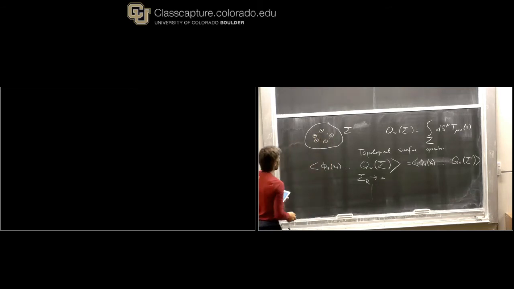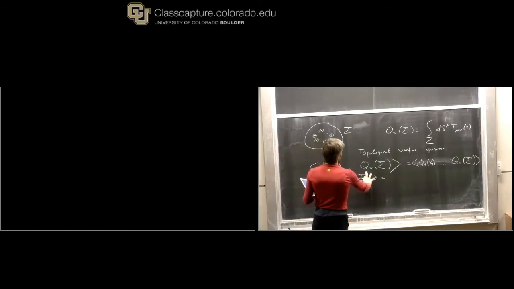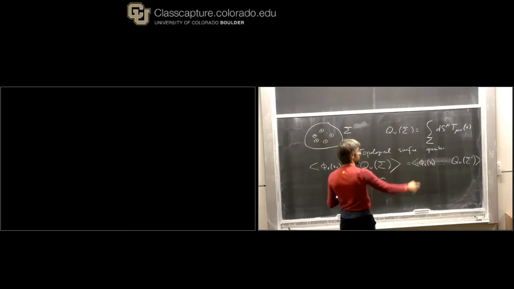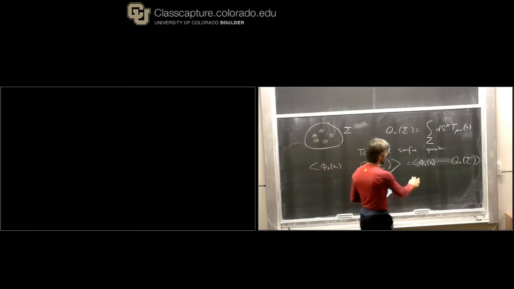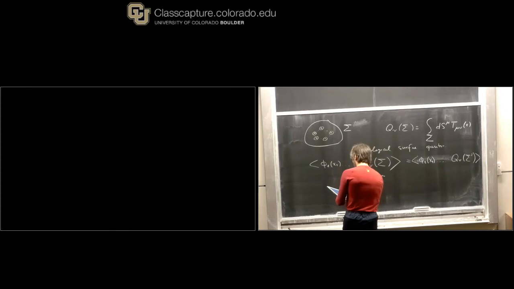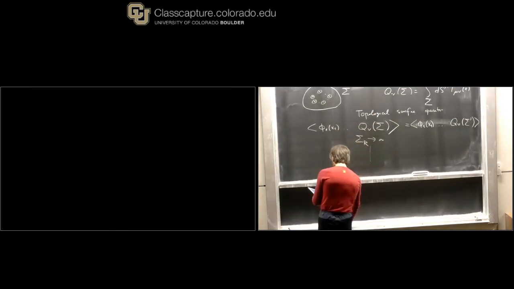So I'm going to erase them, and so, under some reasonable assumptions that I'm going to discuss a bit later on, once I send this sphere to infinity, the left-hand side goes to 0. And so I'm just left to determine the right-hand side. And so I get this equation